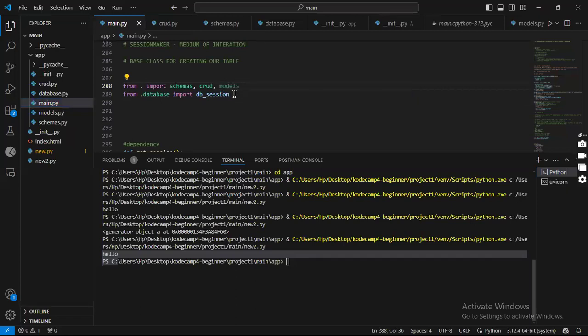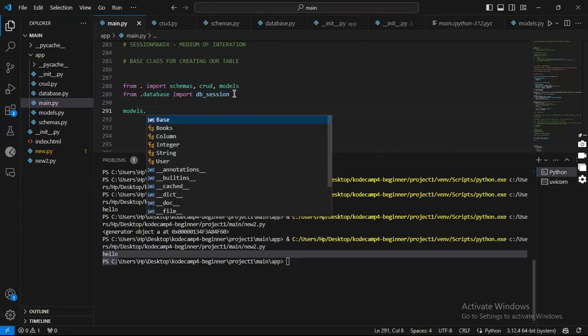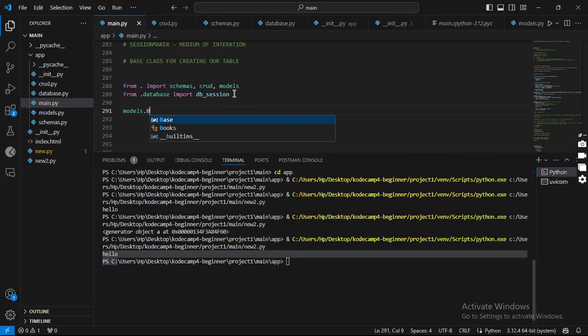And then the next thing for you to do is to simply say let all that model, which is actually seen as metadata in SQLAlchemy. All tables are actually seen as metadata, right? So to create them, you simply say models.base. Now, this models here is a file that contains your classes that should be mapped as tables in your database, right? That should map as tables in your database. So model.base dot